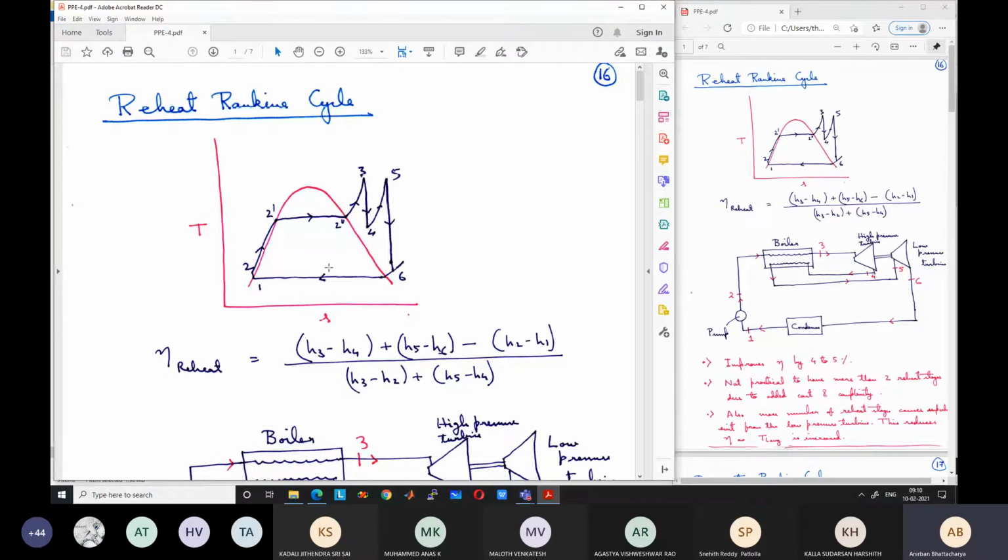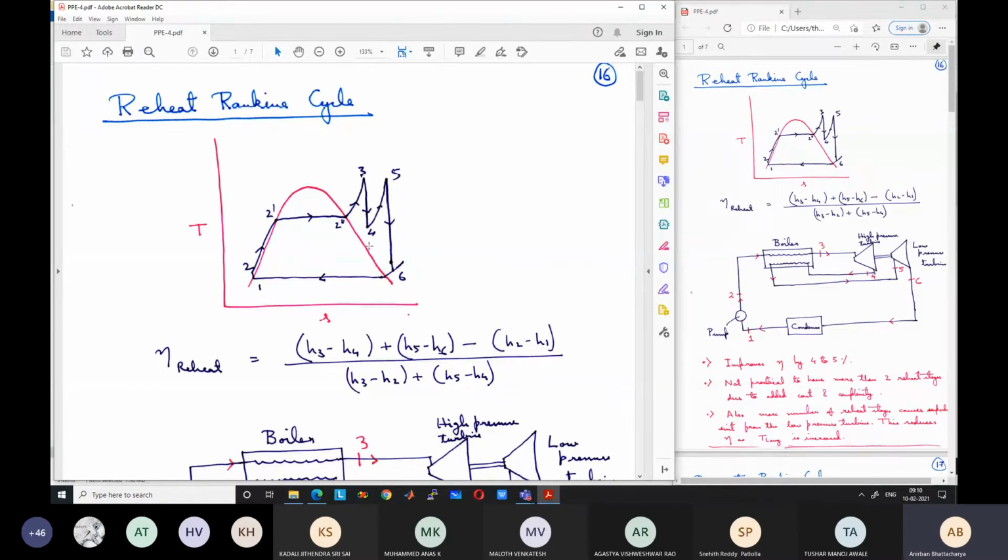After that, again the steam is passed through the superheater, or in this case, this is known as the reheater, because we are again heating the steam, so the term reheat is used. This is like a superheater only, meaning it is also a heat exchanger, but it heats the fluid at a lower pressure. Again the temperature of the fluid rises. The fluid in this case is the gas, meaning the vapor.